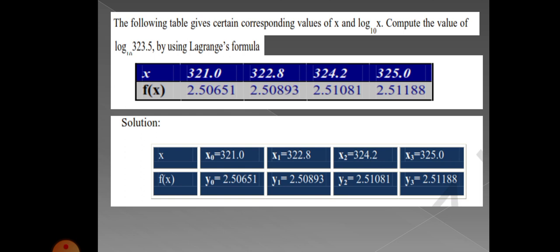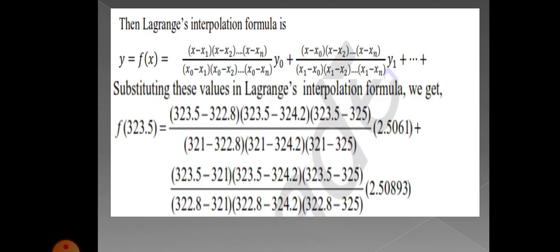So first what you have to do is assign x0, x1, x2 and x3. Here up to x3 there will be a value, and also y3. The difficulty in the problem is that it is a three-digit number with some decimal values throughout, so that will be somewhat complicated. When you're using the calculator, it will be easy. Next, again, you have to write the Lagrange's interpolation formula, and then apply all the values.